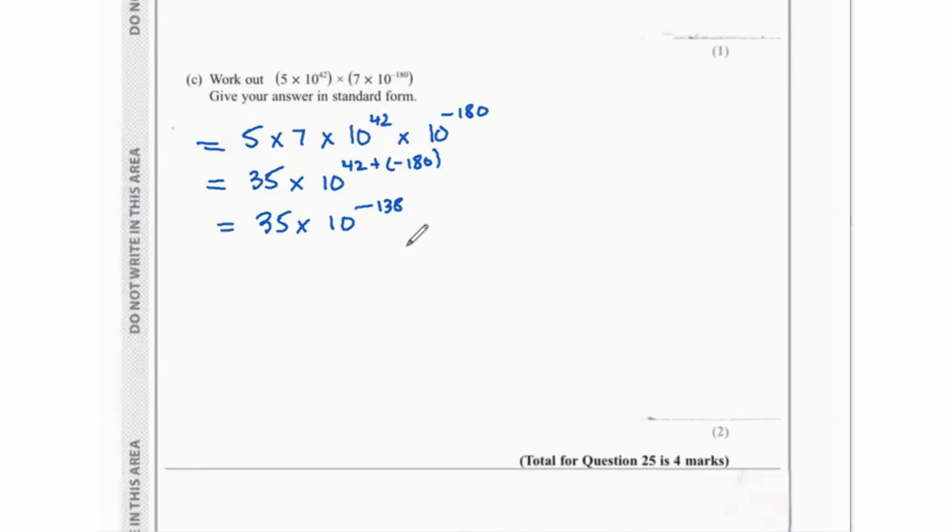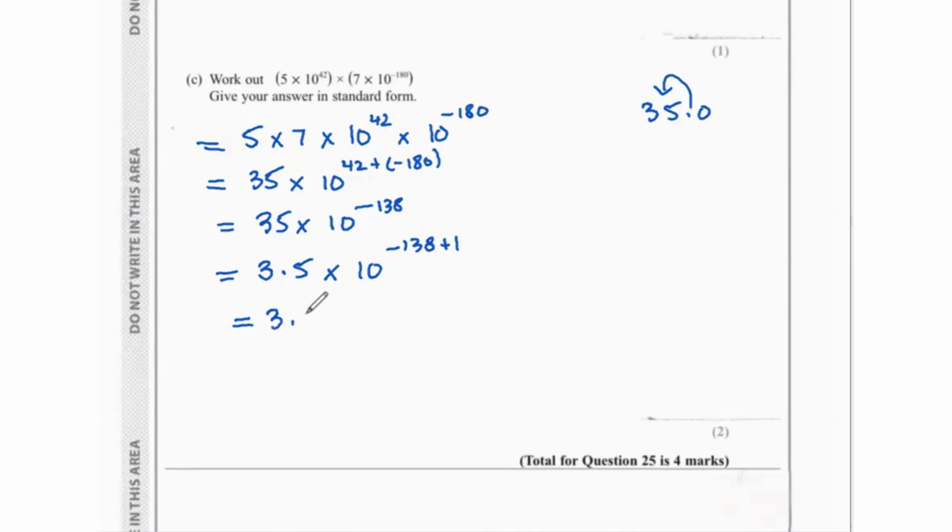In standard form, your decimal comes after the first non-zero digit. So every whole number has a decimal at its end. So if I move this one place over here, we're going to add 1 to the power. So when you add 1 to the power,